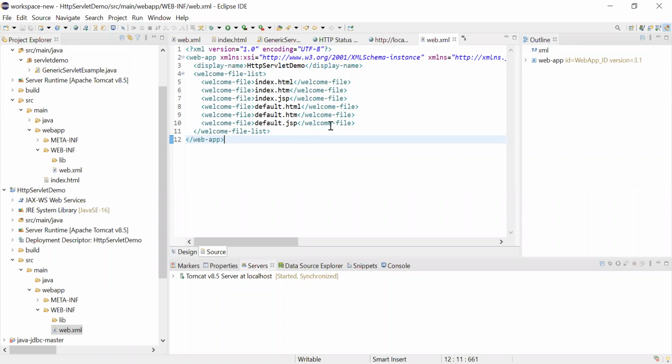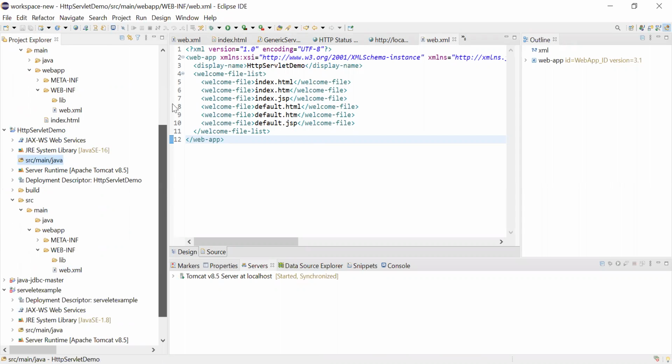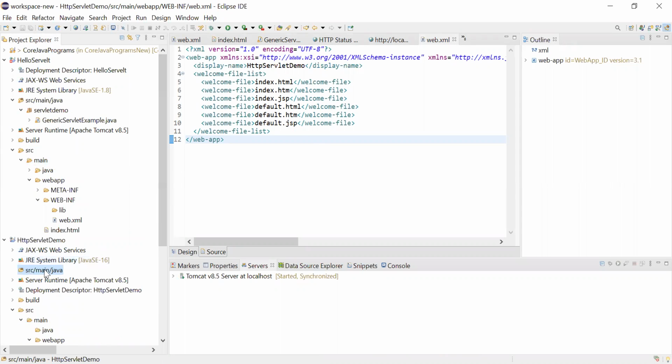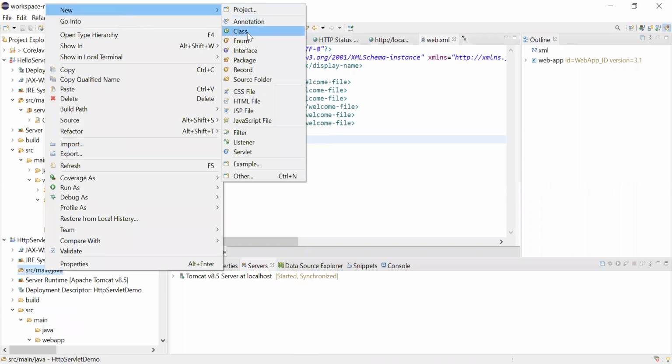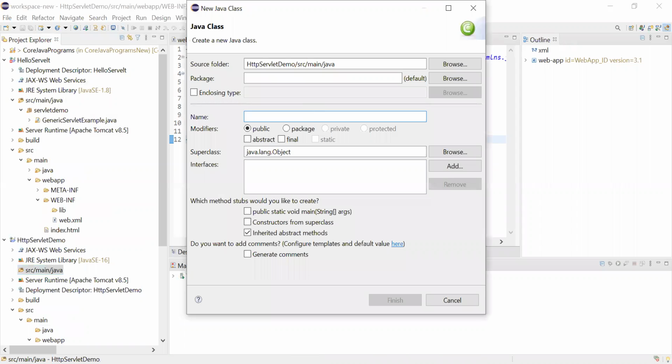Now my HTTP servlet project is there, but I still need to create a servlet. So we have to create an HTTP servlet: New class. We have to create a package, maybe HTTP servlet demo.